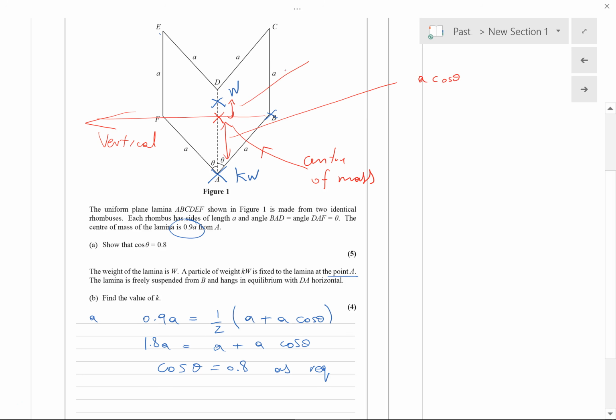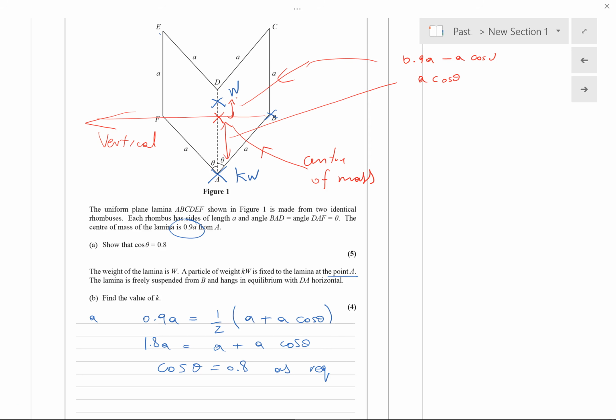But this distance here is, well, we know that the distance of the centre of mass from here to here is 0.9a. So that gives us 0.9a minus a cos theta,